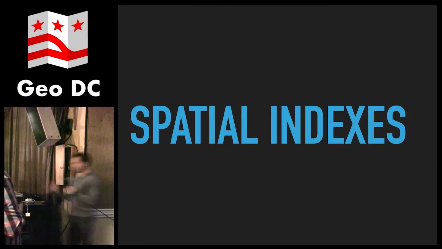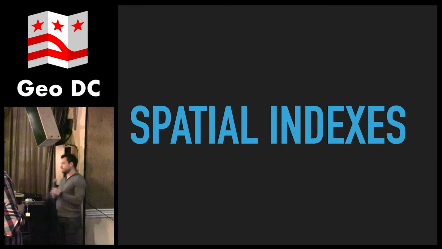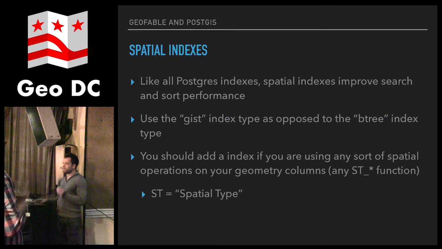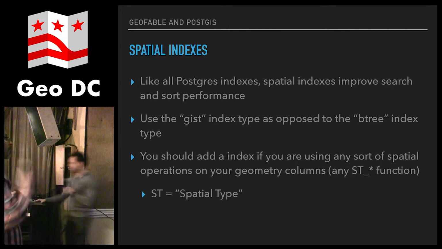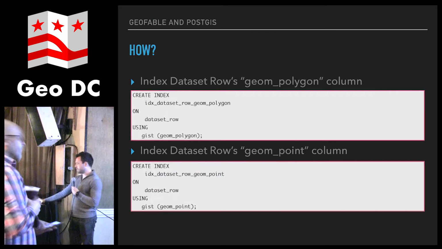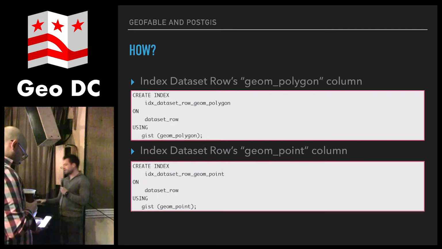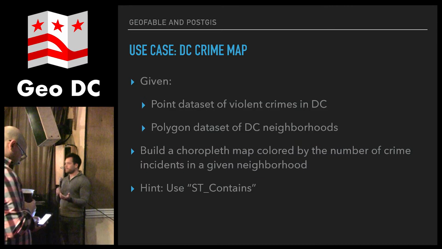So about these spatial indices, basically you want to put an index on your data if you're doing any kind of spatial operation on it. I guess you don't need to if you're just pulling it from the database. It's easy to create an index, and a use case I've got for creating spatial indexes, let's say you've got